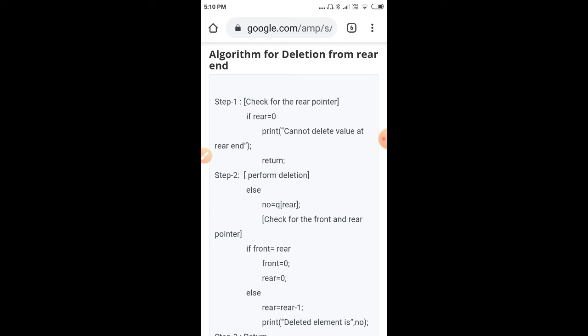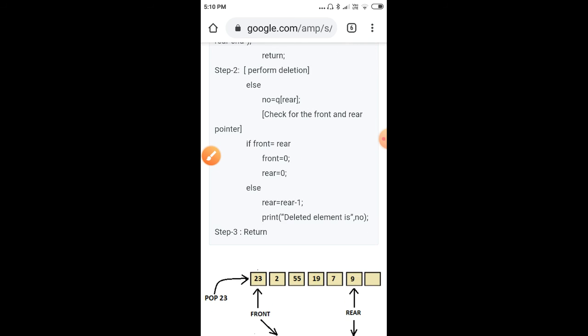Now deletion from the rear end. We check the underflow condition, and then from the rear pointer we copy the element into number. Now we have to change the rear position. If front and rear are both equal, both pointing to the same location, then we set front equals 0 and rear equals 0.